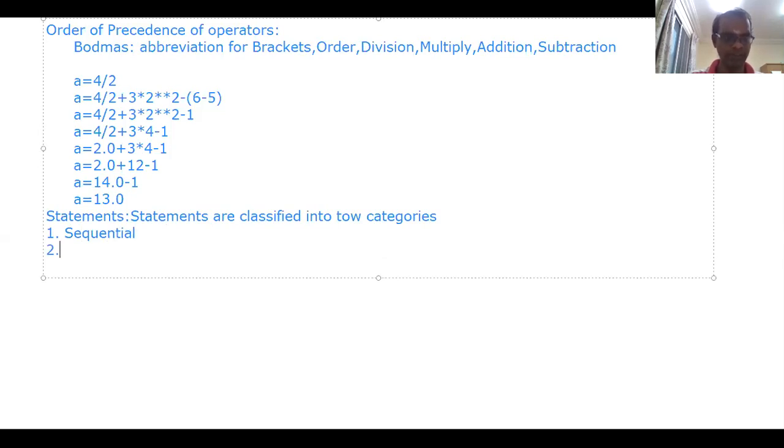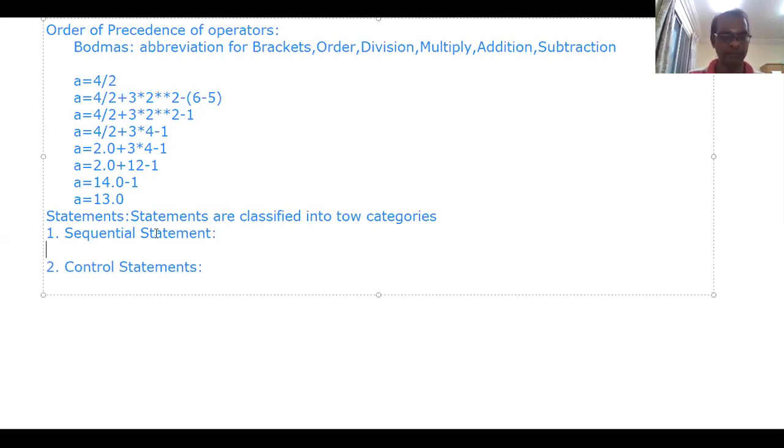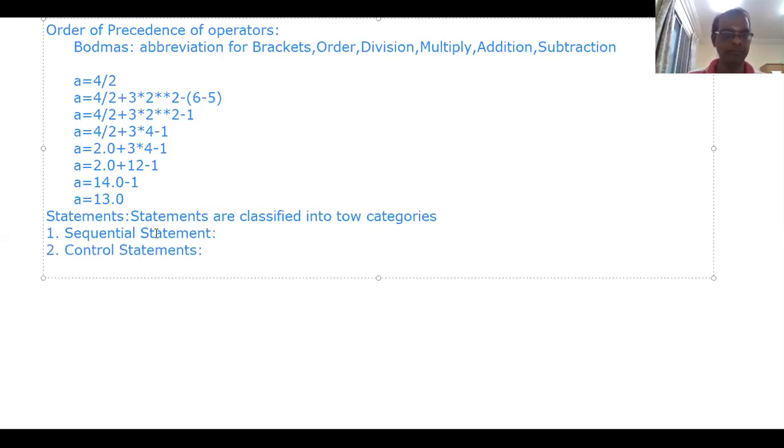Another one is control statement. Sequential statements execute sequentially one after another.